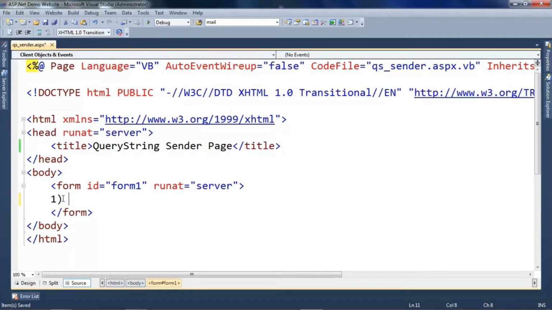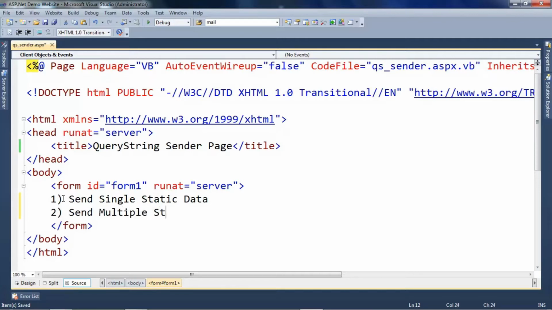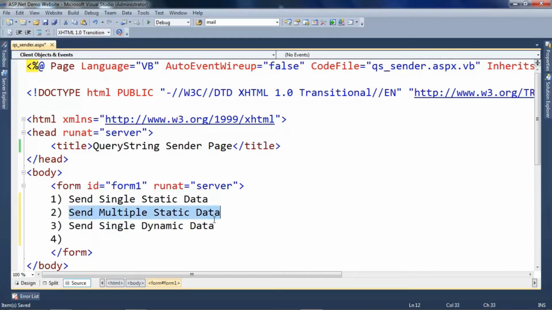Now the things we will do are: send single static data, send multiple static data, then the third thing I will illustrate is send single dynamic data, and then send multiple dynamic data.